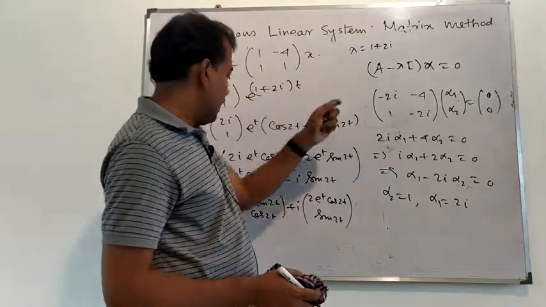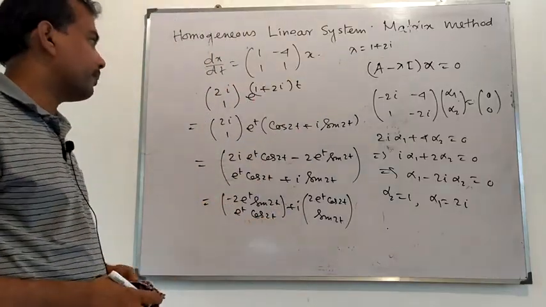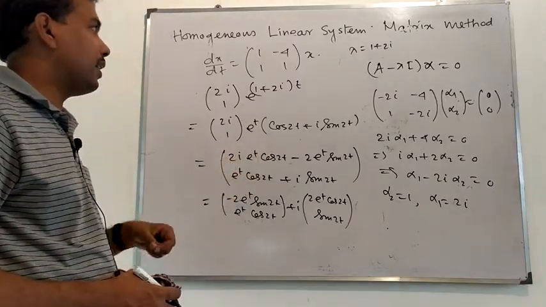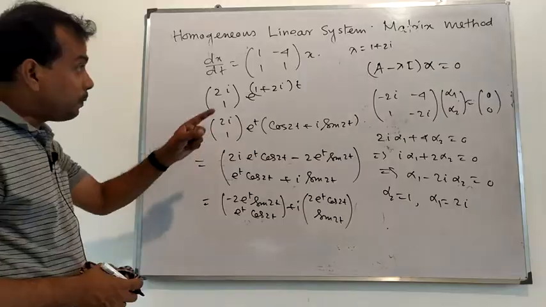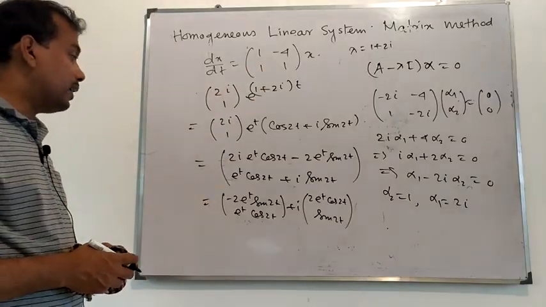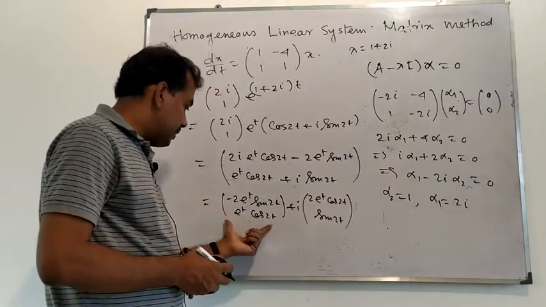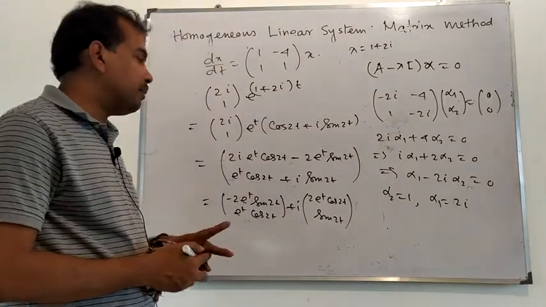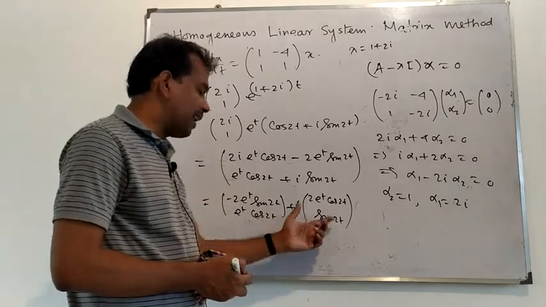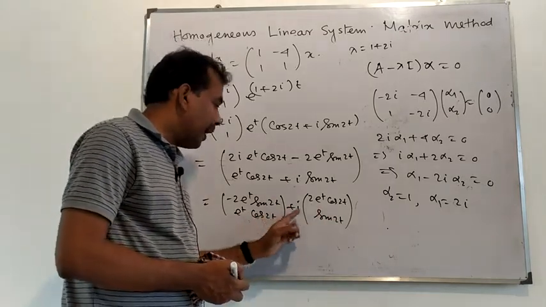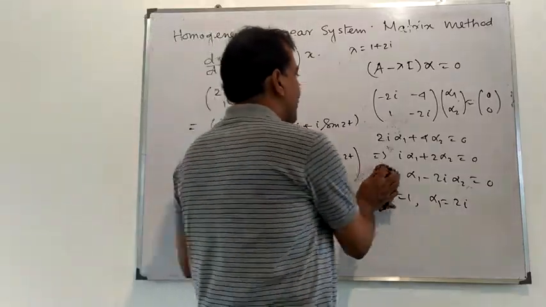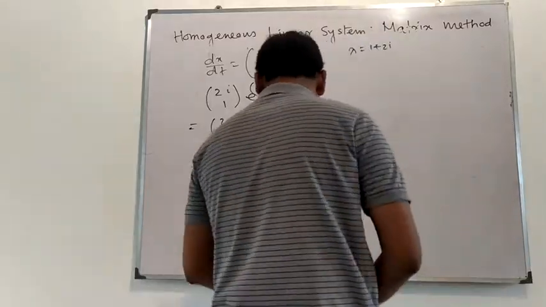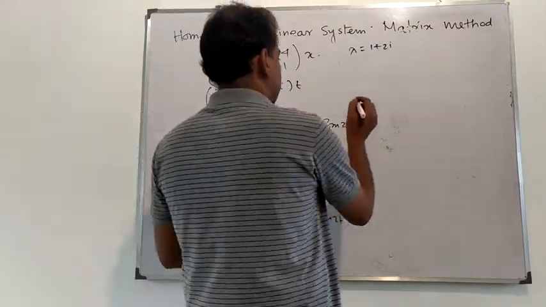Corresponding to this eigenvalue, we get the solution is this. Since the two eigenvalues are conjugate, another is 1 minus 2i. Corresponding to 1 minus 2i, we get the solution as this minus i into this. So here two linearly independent solutions are this plus i into this and another is this minus i into this. Instead of taking these two solutions as linearly independent solutions, we can take